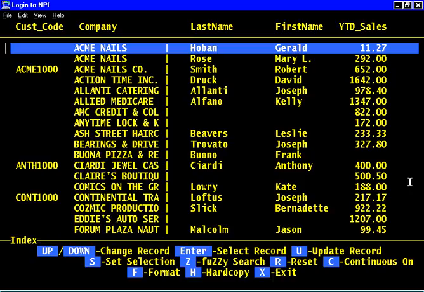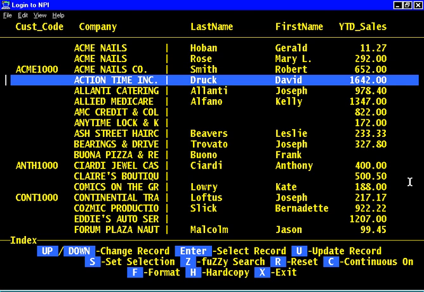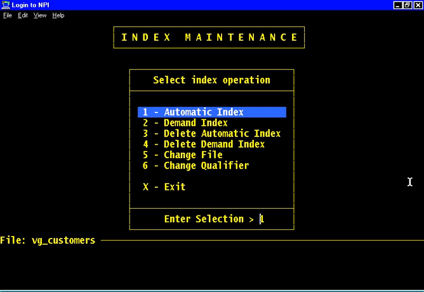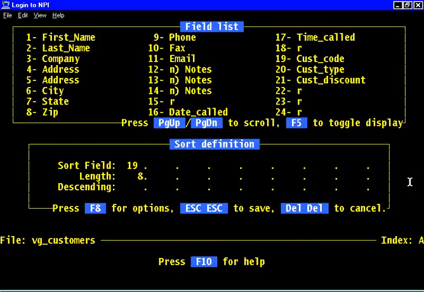It's always going to come in that order because I've told it to not only sort by this first segment, this first key field, but then use this as the next subsort and subsort and subsort all the way down. We can have up to 8 subsorts when you define an index. If we had wanted to, we could further